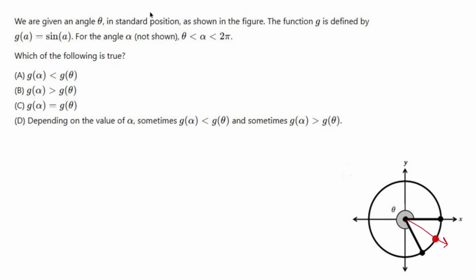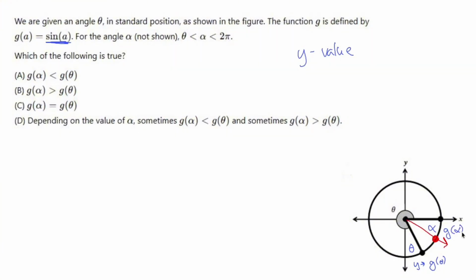You're going to plug in some point, and you're going to use the sine function to get something. Now, the sine function is going to be a y value. So when you look at these 2 points, you have this point which has to do with theta, and this point which has to do with alpha. The y value is going to be g of theta for this black dot right here, and